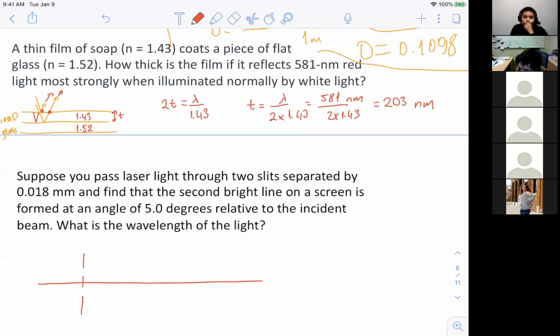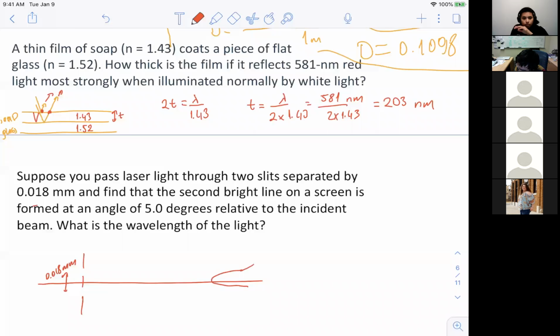The separation is 18 micron, and we find that the second bright line on the screen is formed at an angle. You pass this 2-slit experiment, and the second bright peak,